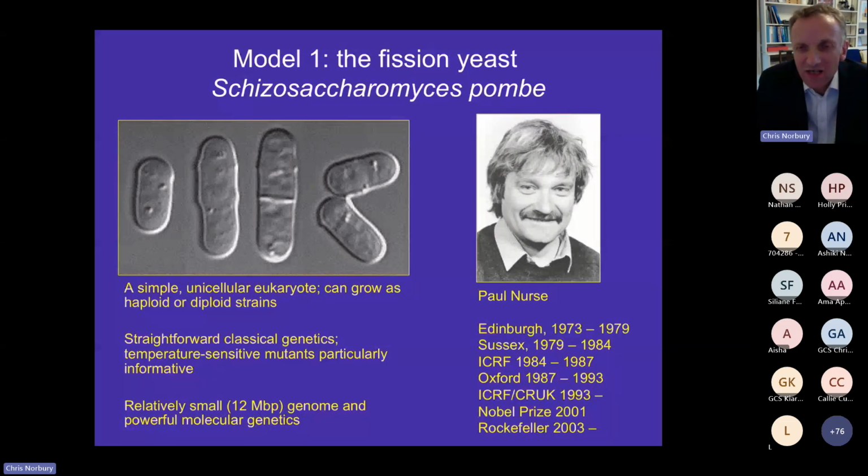It has a tiny genome by comparison with the human genome, which is about 3,000 million base pairs. This yeast has a 12 million base pair genome, so almost 300 times smaller than the human genome. And it's also not subject to sort of ethical concerns. And you can do all sorts of interesting experiments with the yeast, like induce random mutations into the genome and